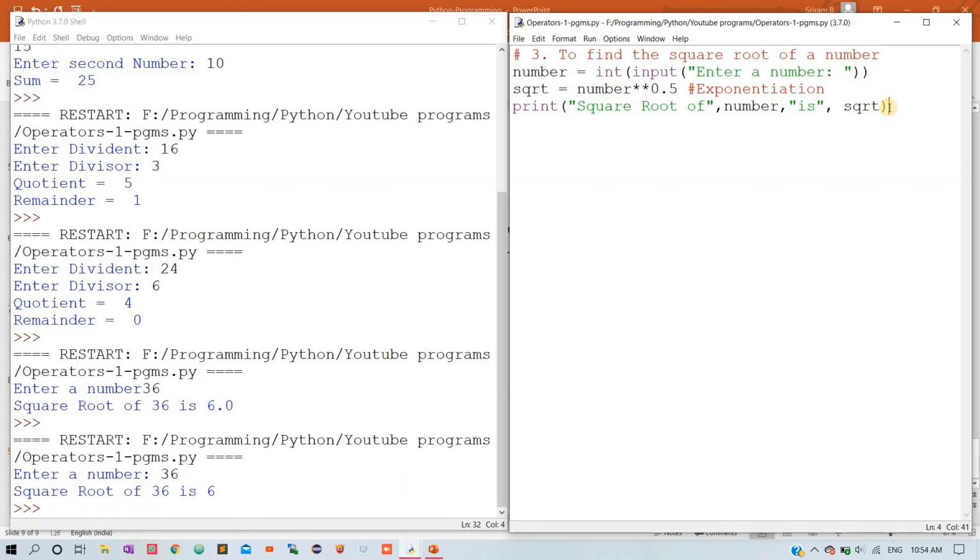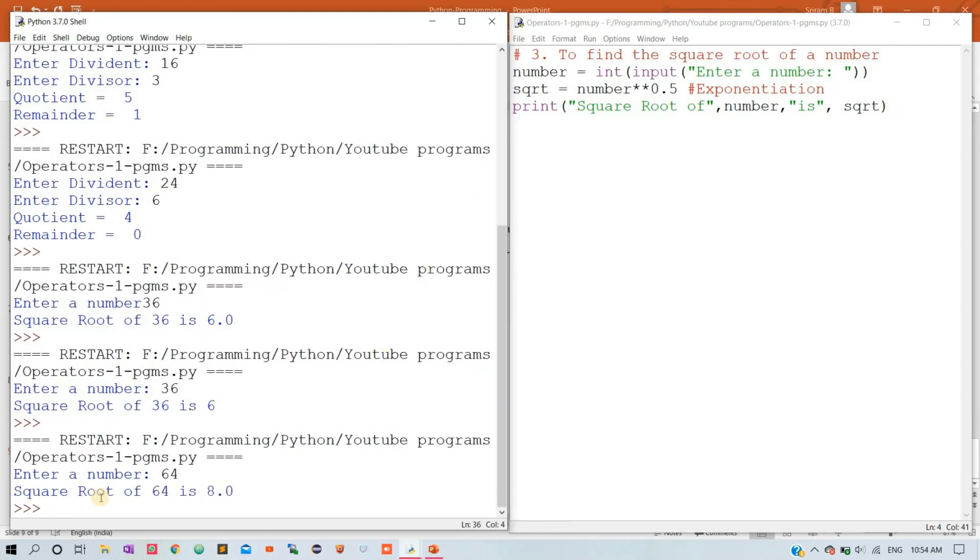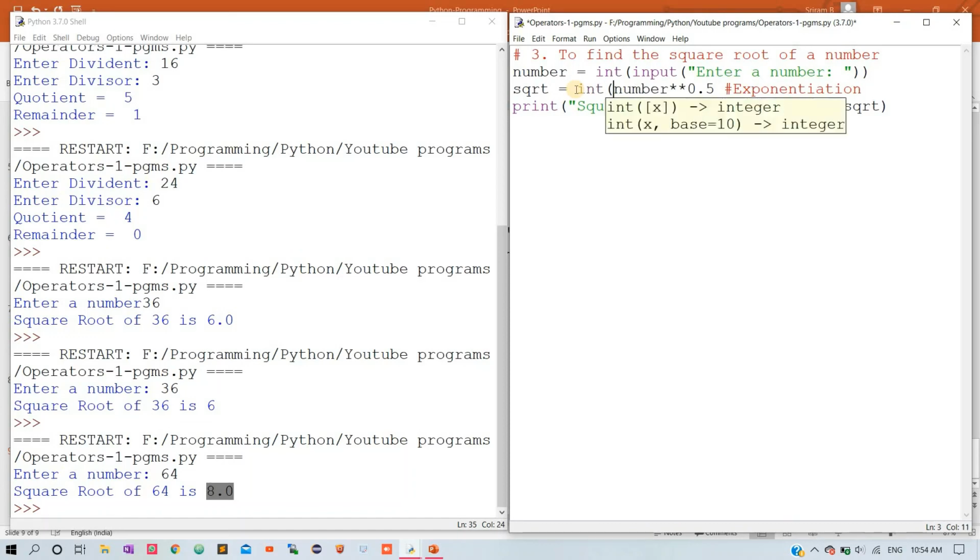Let me run this. For example, I will be giving 64. The output should be 8.0. This actually gives a floating point number. To make it a round value or integer, we use what is called type conversion in Python. We need to convert the float into an integer.